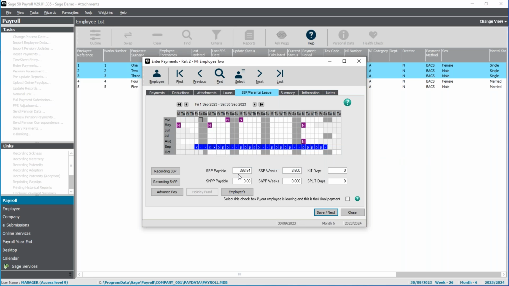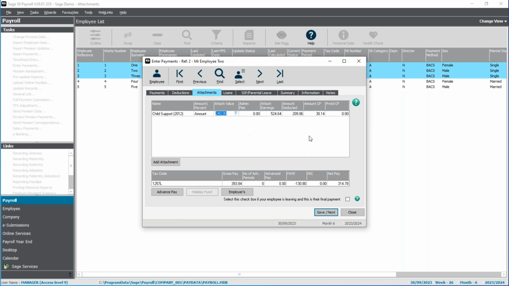So their SSP payable is £393. If we check what effect that has on the attachment, the attachable pay is the amount after that tax refund is taken into consideration. So this is the attachable earnings, 60% of that